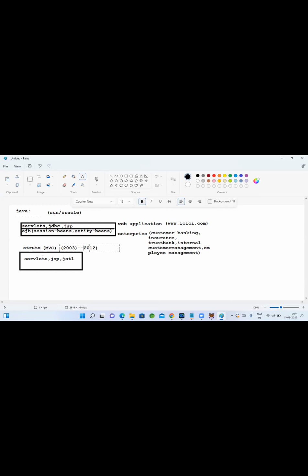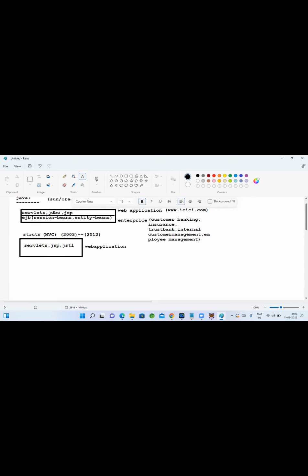Now Struts is no more in the market, since around 2012 or 13. If you visit the Struts website, Apache provided this implementation, and you can see their end of life. As an open source project, they released it as a free component, but later they discontinued support for the Struts framework. But using Struts, the applications you can build are web applications, a basic web application.